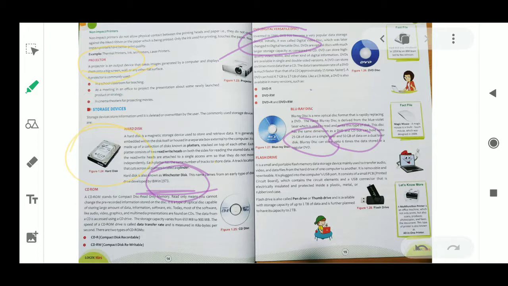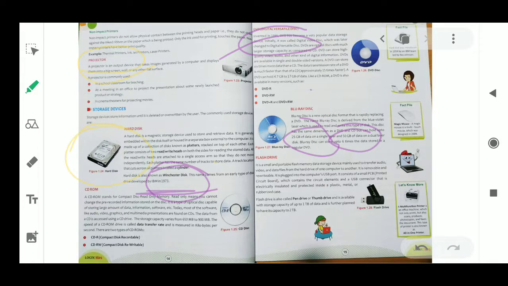In your book, on page number 16, there is a recap. You have to write down all the points of the recap in your computer copy, and remember them all. Another thing you have to do: all the fact files given in this chapter 1, you have to write down in your copy as well. I will check these things also.